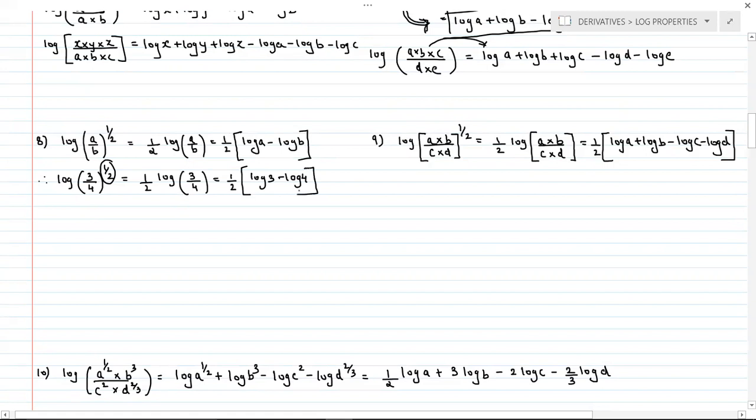Understood the concept? Okay. So we'll take one more example to make the concept more clear. Suppose I say we take 5 upon 7 raised to 3 by 2. So this can be written as 3 by 2 log 5 by 7. As we know, 3 upon 2 is a common power for both 5 and 7, so here also it will be common for both: log 5 minus log 7.